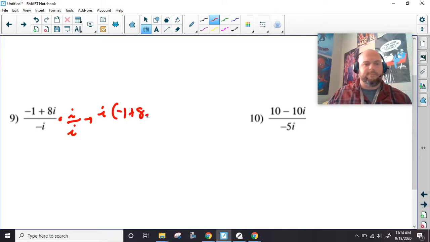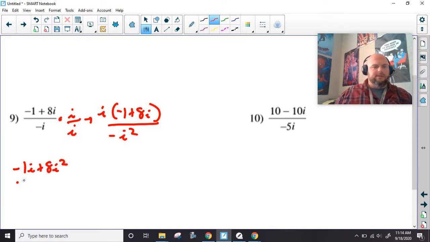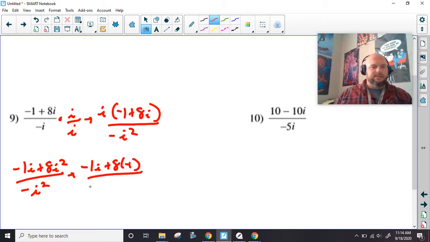All right. And this is -i squared. All right, so up top, it's going to be negative. I'm just going to write negative 1i because I can, plus 8i squared over negative i squared. All right, so this is negative 1i. All right, plus 8 times negative 1, and